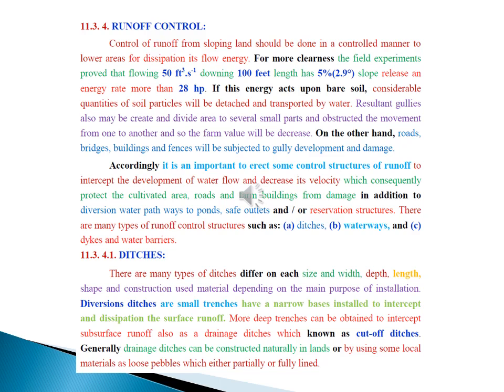There are many types of ditches that differ in size, width, depth, length, shape, and construction material depending on the main purpose of installation.